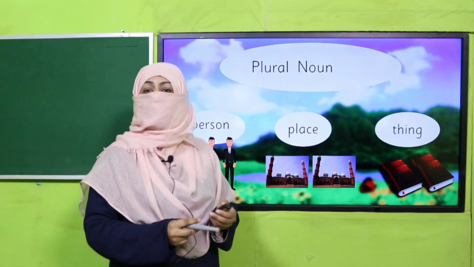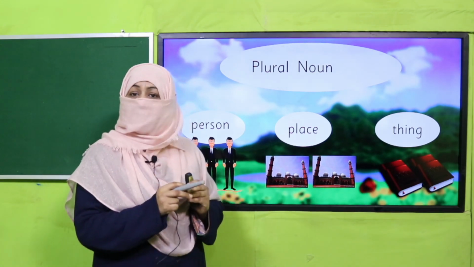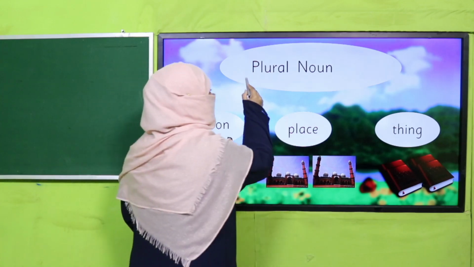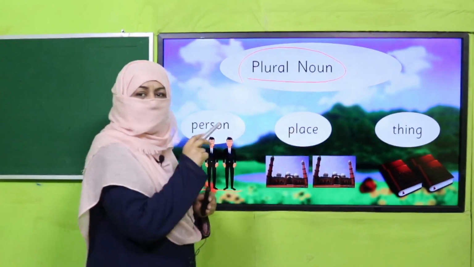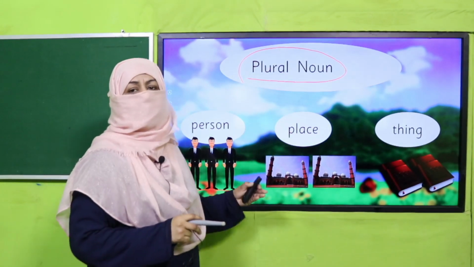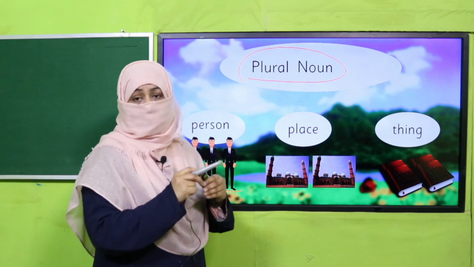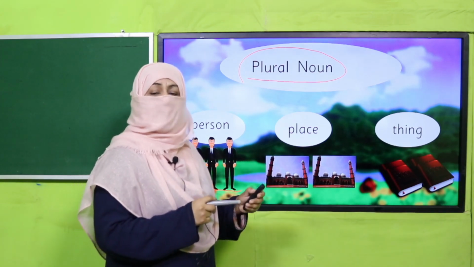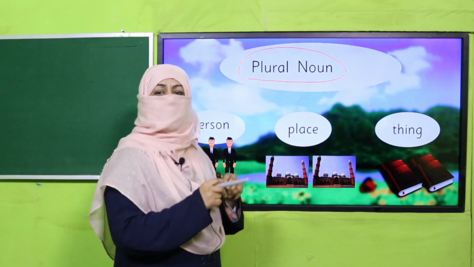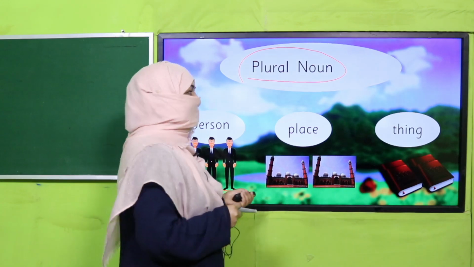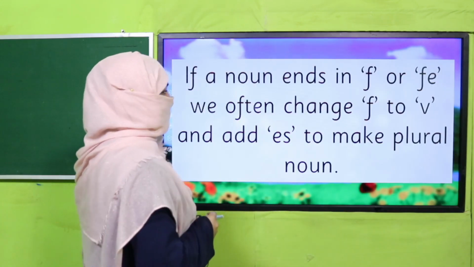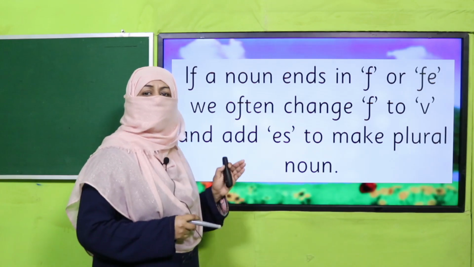When we want to mention in writing, we have to use plural noun. Right? So whenever there is more than one person or more than one places or more than one things we are writing about, we need to use plural noun, and we are learning how to convert a singular noun into plural. So few rules we learned yesterday, and today we are going to move to next rule.